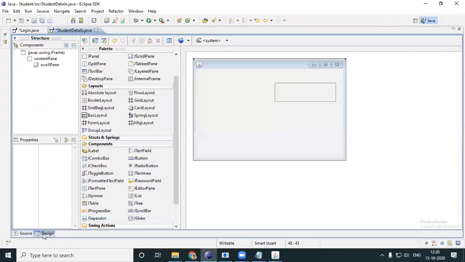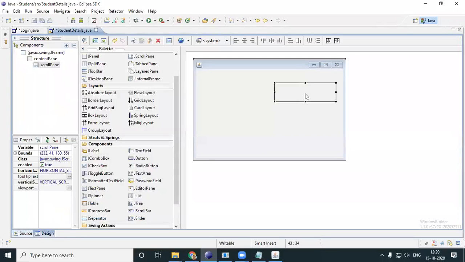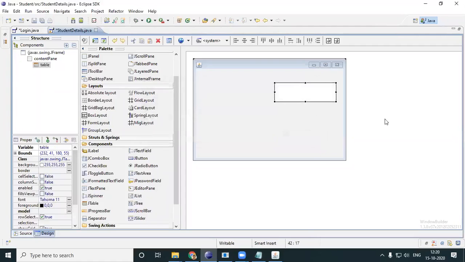Okay, so let's come back to our design. Just a minute, before you do your scroll pane, I've done Control Z, scroll pane would go away. So anyway, that was how you surround your table with a scroll pane.